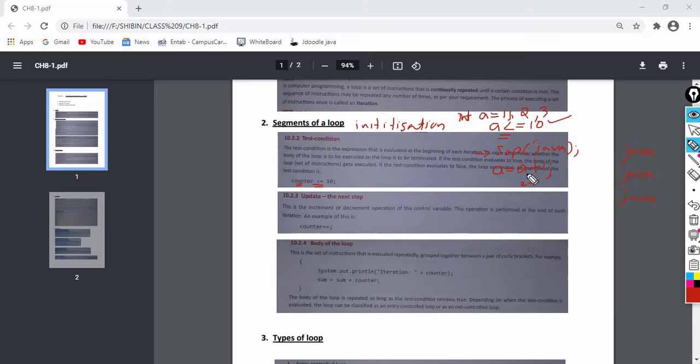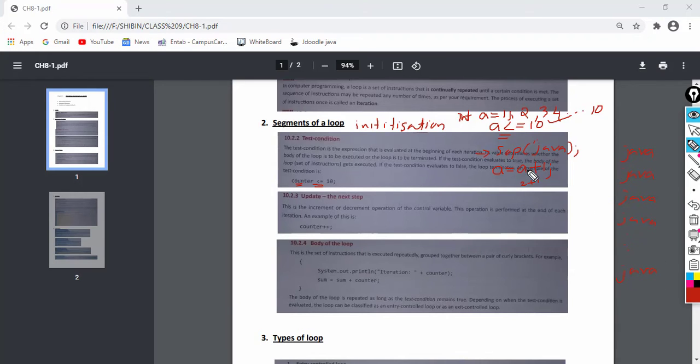Then updating the value of a, 3 plus 1 will be 4. Then 4 less than or equal to 10 is true. Printing Java again. This will be repeated until the value of a reaches 10. When a is 10, 10 less than or equal to 10 is true, so executing Java the 10th time.